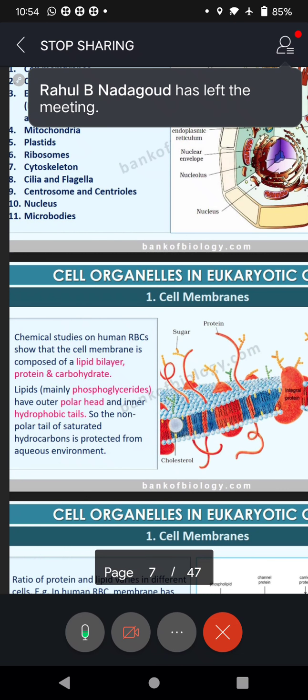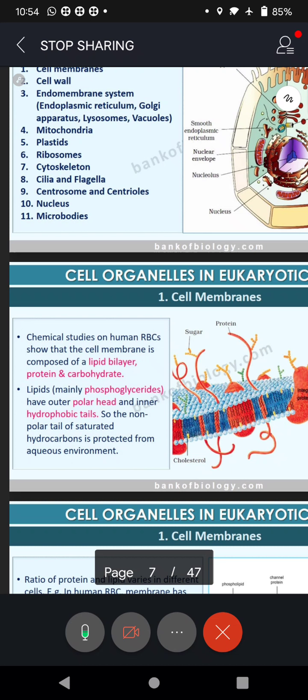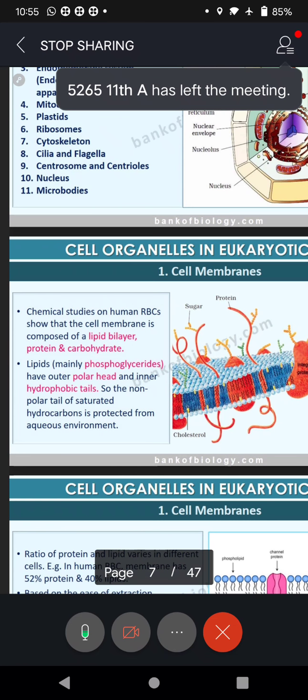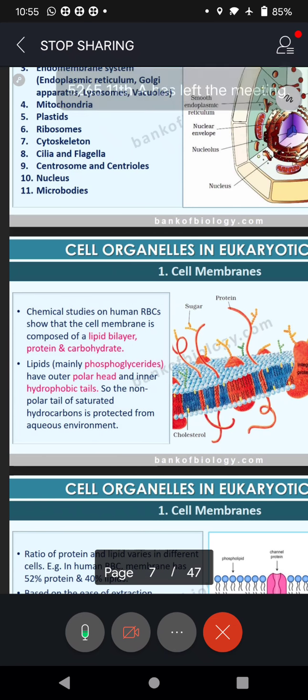And that's what it says. Chemical studies on human RBC, red blood cell, show that cell membrane is composed of lipid bilayer, protein, carbohydrate. Lipids, mainly phosphoglycerides, have outer polar head and inner hydrophobic tails. Just now you saw ribbon-like structures. Those ribbon-like structures have got one head region and one